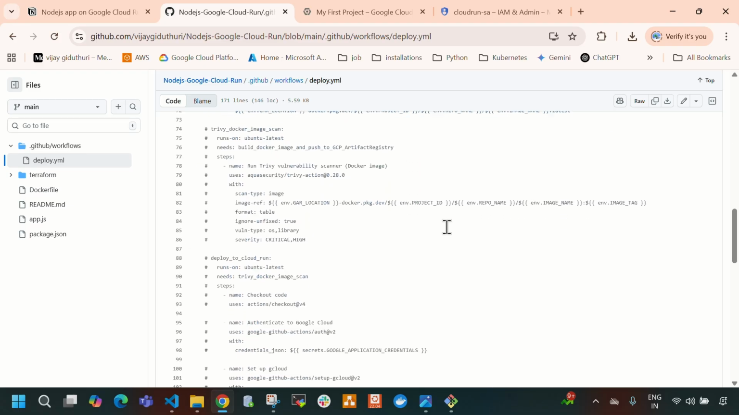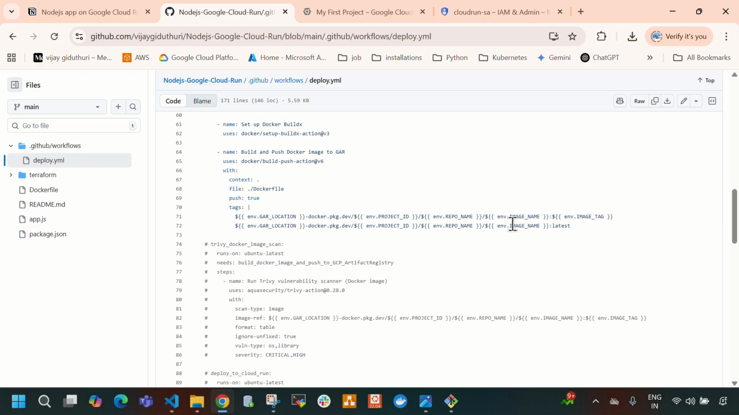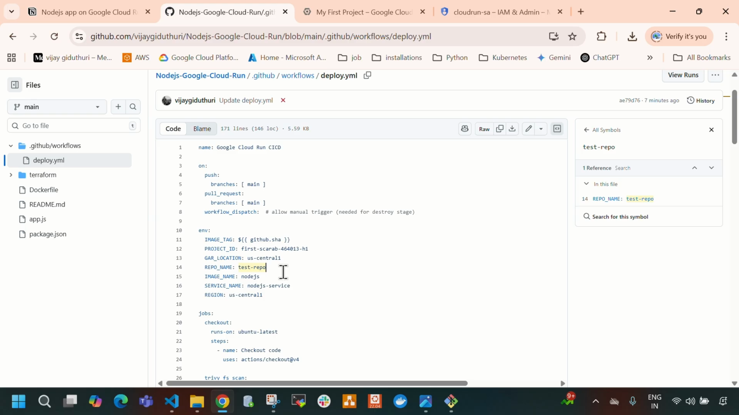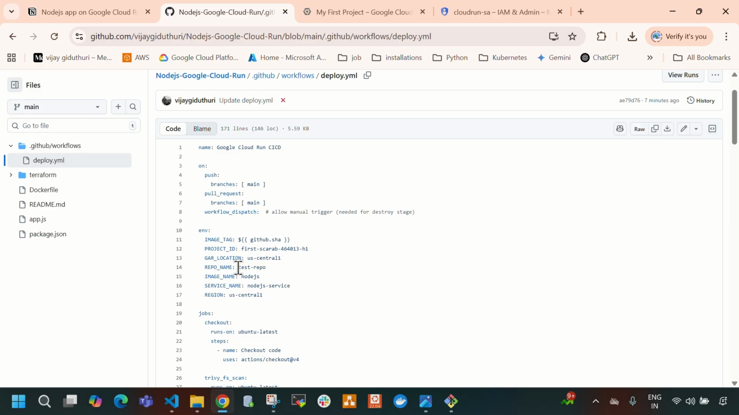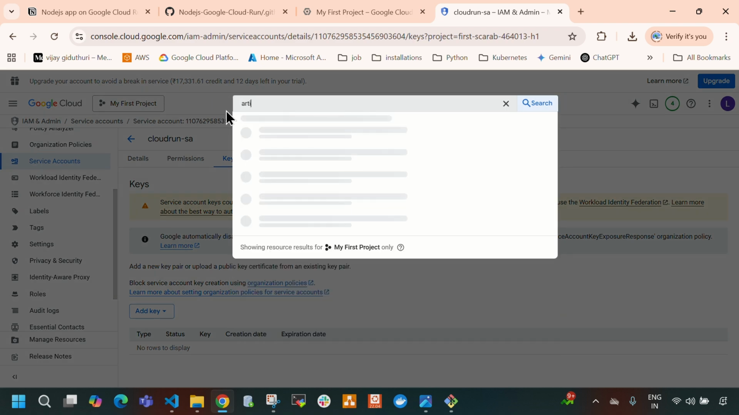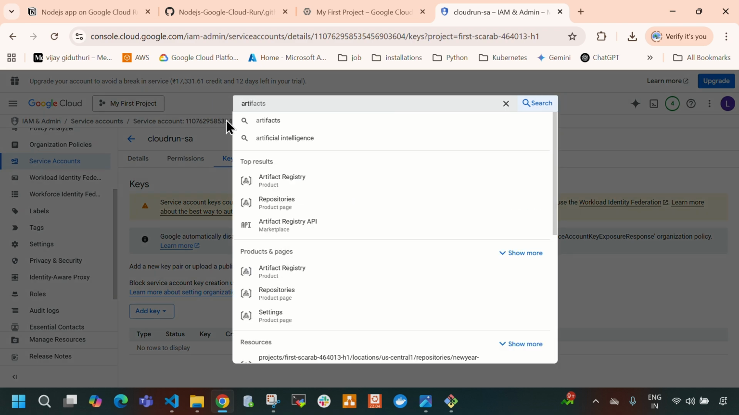Okay. So in order to store these Docker images, we need to create a GCP artifact registry. Earlier, as I said, right? So we need to create this artifact registry with this name, test repo. Not only with this name, you can create it with any name, that is not an issue, but you need to provide that repository name here in order to store your Docker images. Okay. So let me copy this test repo. Now let me open this. In the search bar, search for artifact registry. Open this,